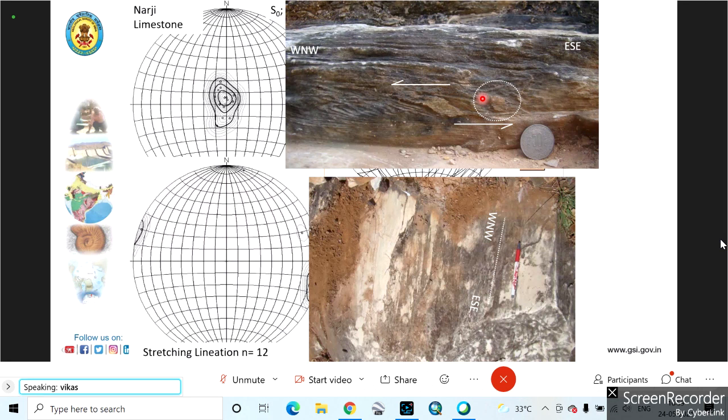These are horizontal beds, and in cross section I am able to see like this. On the bedding plane, in the bottom photograph you see some mylonites which you are able to see parallel to the bedding. These mylonites are actually the result of these SC fabrics, or the shearing, which is actually due to thrusting overall. Next, please.